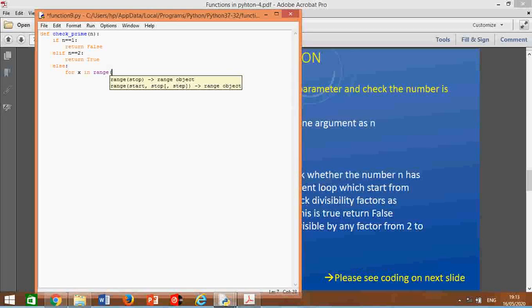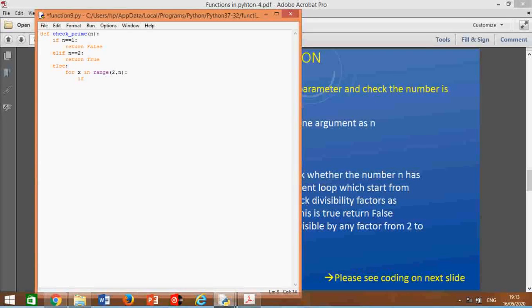The divisibility test starts from, because every number is divisible by 1 and itself, so we leave the step of 1 and itself, so we'll start from 2 up to n, and automatically it is n minus 1. Then we divide the number here.